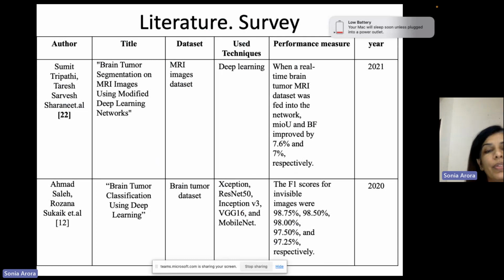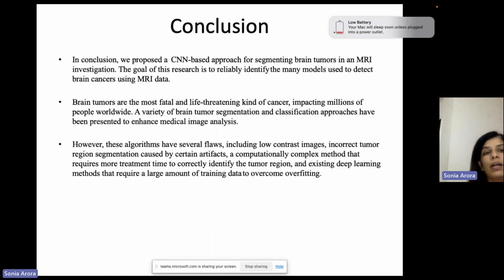Ahmad Lahav worked on brain tumor classification using deep learning models. He used Xception, ResNet50, Inception V3, VGG16, and MobileNet. The F1 scores on the images were 98.75, 98.50, 98, 97.50, and 97.25 respectively. So the conclusion is we propose a CNN-based approach for